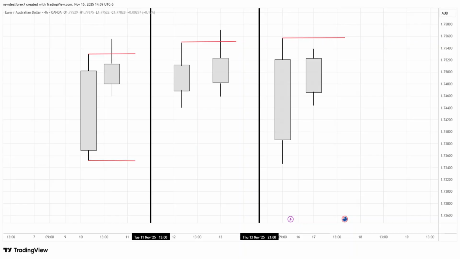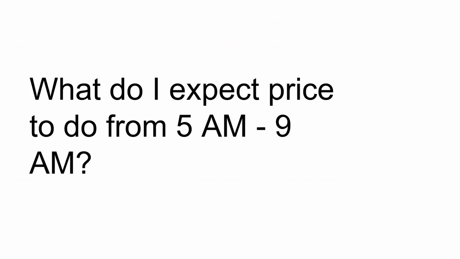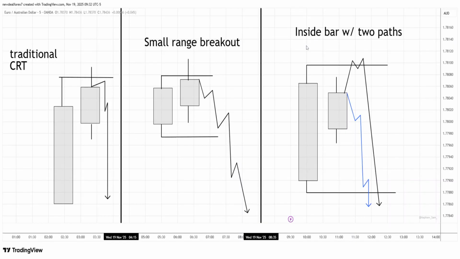So what do you expect price to do based on these three patterns? Something like this. In the traditional candle range theory pattern, you want to see price not even touch the high again of the candle range. It does a slight retrace and then a straight drop to the bottom. If you have a small range, you expect the price to break out of the range because these two candles were small, and so price has been consolidating in order to give a large expansion